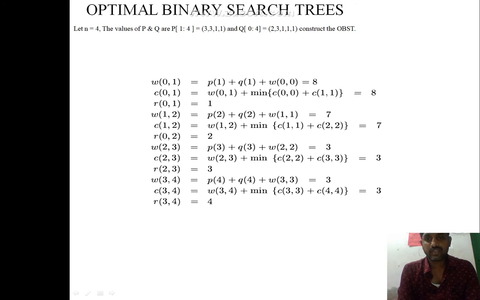This is one of the equations, and the expected cost of a binary search tree is the sum over 1 less than or equal to i less than or equal to n of P of i into level of a_i, plus the sum over 0 less than or equal to i less than or equal to n of Q of i into level of E_i minus 1. Obviously, for the given identifiers, the tree that is formed must minimize equation 1. We can perform this by applying the dynamic programming approach, making a decision on which a_i should be assigned as the root of the tree.